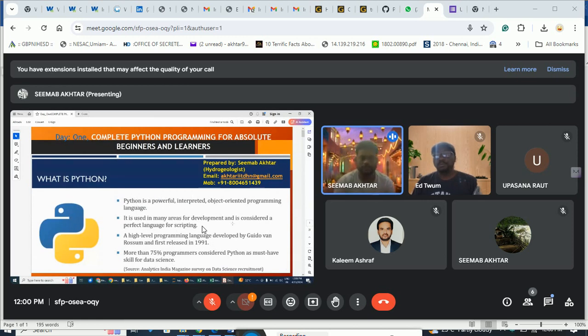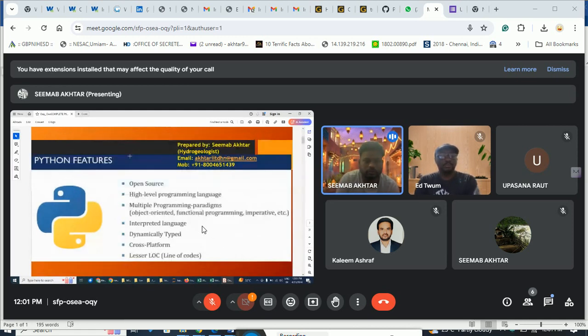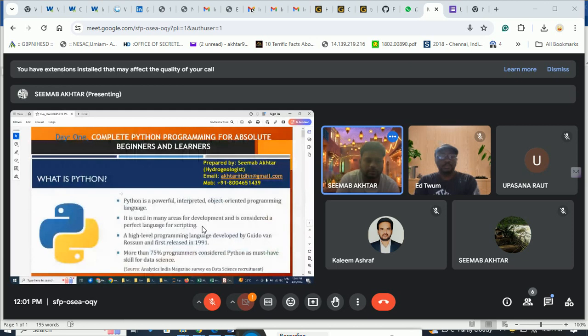Now first start with this part, the Python. How to install Python? We will see here the installation process. The first thing you have to do is first read about Python. What is Python? Python is a powerful